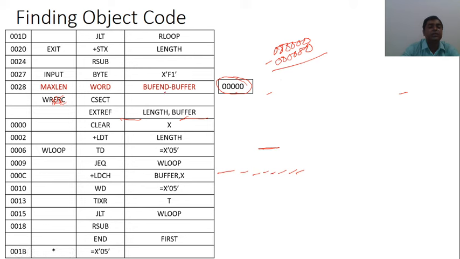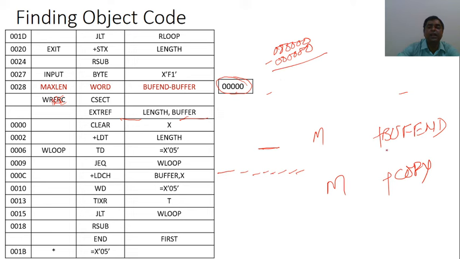So you can see here, when I am considering the control section, I am telling that in the modification record you will add buffend. But till now we have just studied that by default in the modification record the name of the program is added.